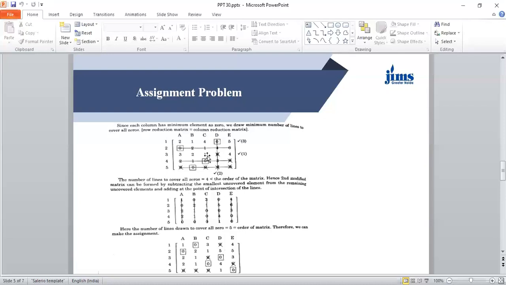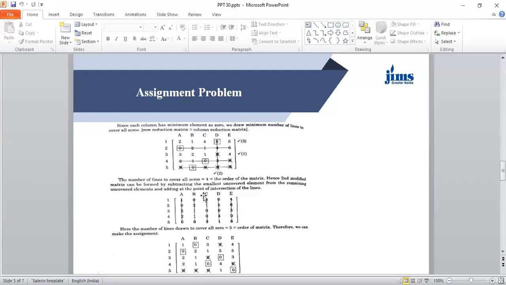Similarly, this line here: 0, 2, 1 will remain the same. 3 will become 2, 2 will become 1, 1 will become 0, and this 0 and 4 has already become 3. These two points will remain unchanged. This 0, I already explained to you, has been changed, and 3 has become 4 here. So now this is the next revised matrix.